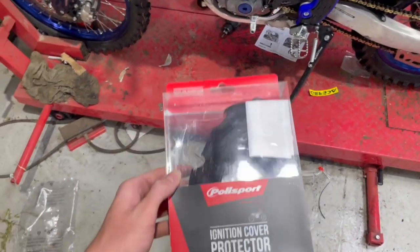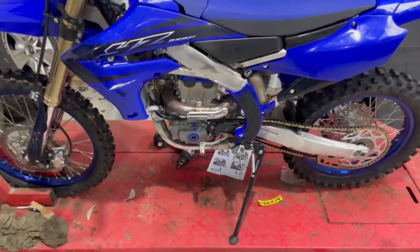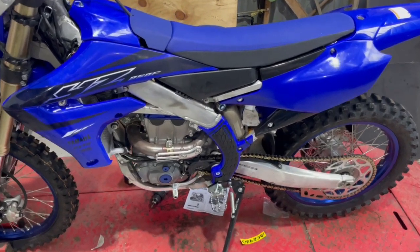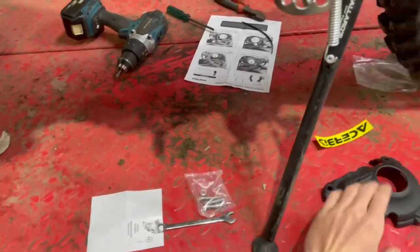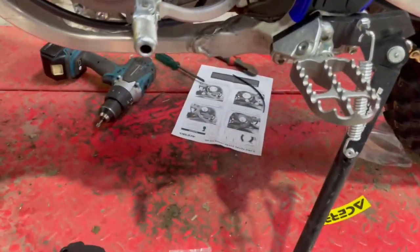Hey everyone, this is going to be a guide on installing the Polisport ignition cover on a 2023 YZ250F. Let's do it. The first step for installing the ignition cover is, because that won't go straight on there, you